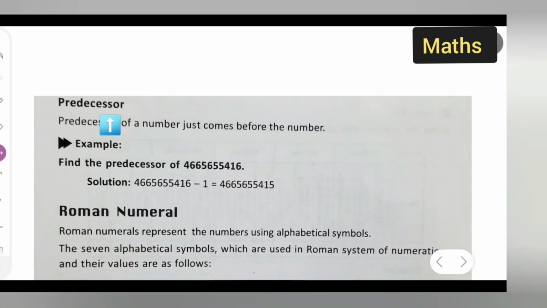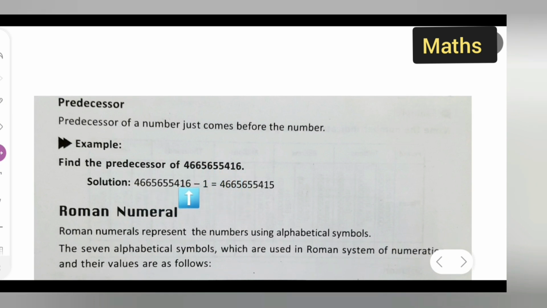predecessor. Predecessor means you all have to subtract. Predecessor of a number just comes before the number. Example, find the predecessor of 46656 55416. What you'll have to do, take this number minus 1, you'll have to do subtract is equal to,